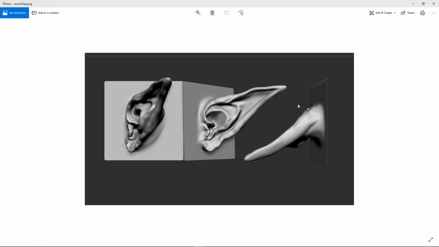Like the front view of the ear, the first picture on the left, you wouldn't have this sort of curvature going into the inside of the ear with a normal displacement map. That would just be cut off. But the cool thing about vector displacement maps is that they have the ability to have these overhangs, if you will. Essentially, this entire shape is one map.